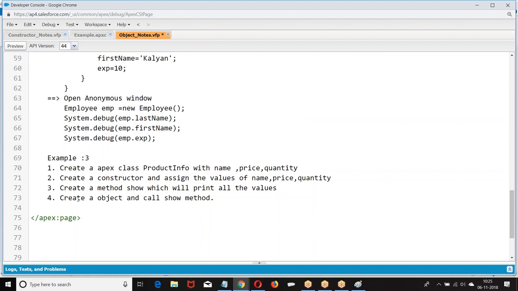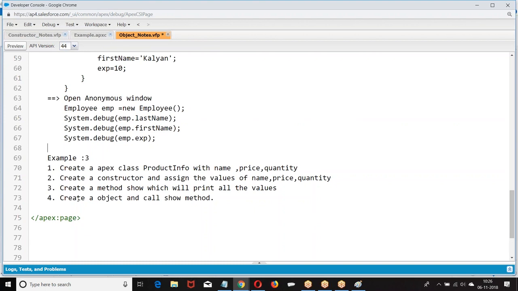Then we learned how to create statements and write logic. Then we saw how to create methods. Then we saw how to create a class, and in the class how to define variables and methods. Then we saw constructors. Then we saw objects. This is the syntax of writing a class with variables, methods, a constructor, and creating an object. Now how it will be used and where it will be used, we will see.